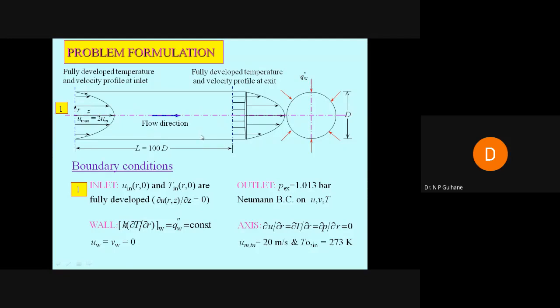But this is true only when all properties remain constant. There is no change in density, Cp, conductivity, or viscosity. Then the r-z profile will not change; it will remain constant and the derivative of a constant will be 0. But in fact, density does not remain constant when heat flux is encountered. When heat is added, density will change, whether it is water flowing inside or air. Conductivity will change, viscosity will change. So this u will not be constant, and therefore del u has to vary.